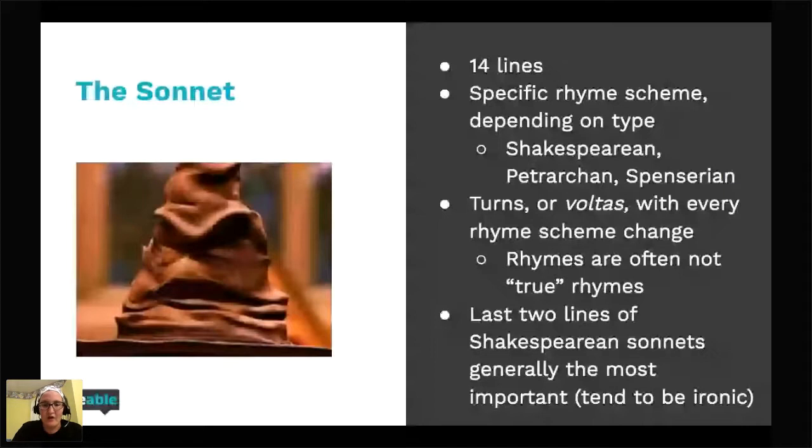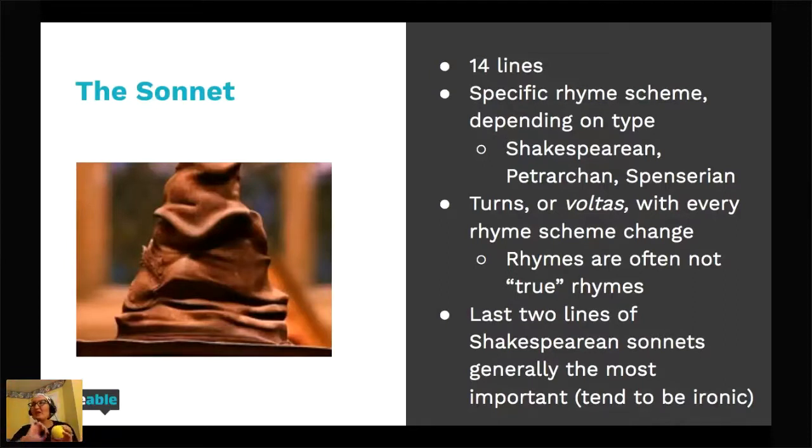I see your question. Rhymes are often not true rhymes necessarily because they're trying to fit, especially in English. We are not the greatest rhyming language, so we have a lot of slant rhyme, just to let you know that. Italian is a much better rhyming language. That's why Petrarchan sonnet has more of the same words rhyming with each other. Ooh, let's see. We're going to add your question to the question box. Most of the time, you're going to end up seeing a Shakespearean sonnet if it's in a really particular form. And when I say Shakespearean sonnet, it doesn't mean it was written by Shakespeare.